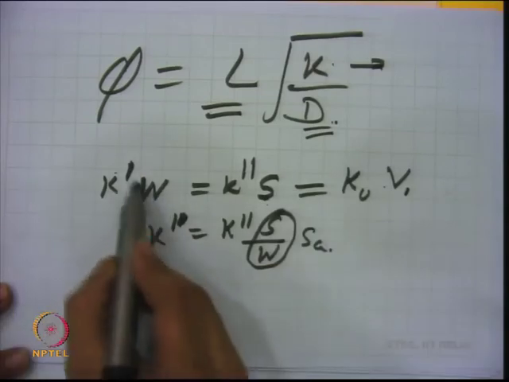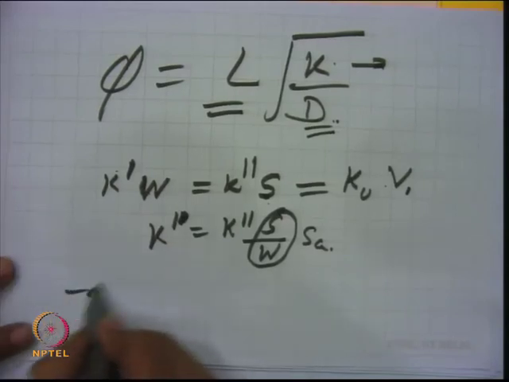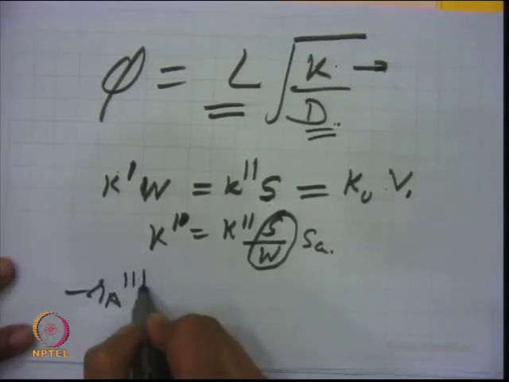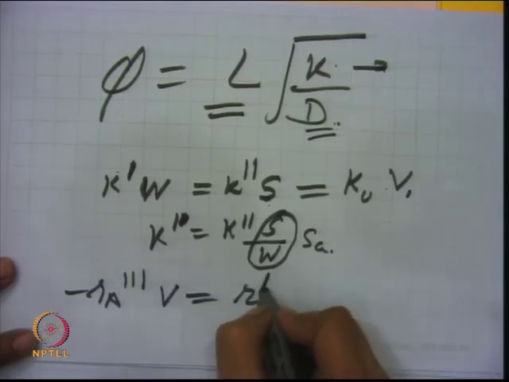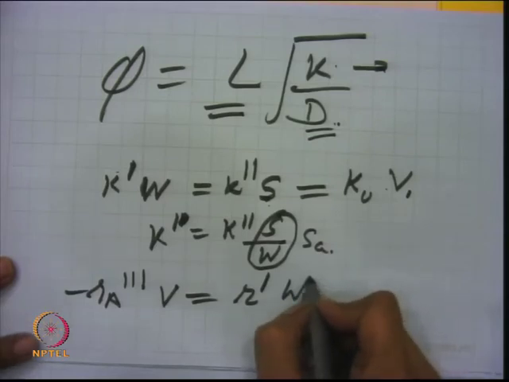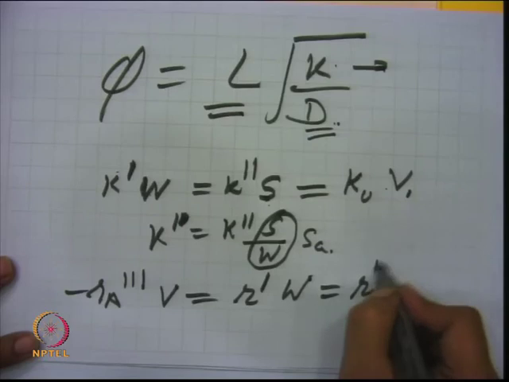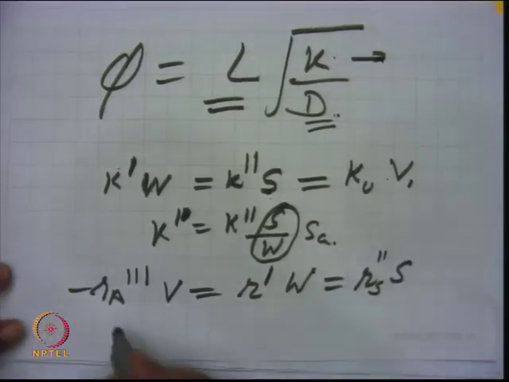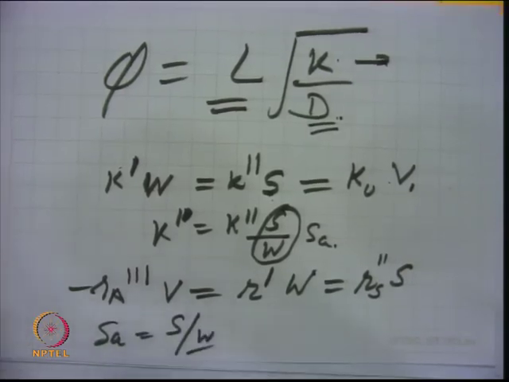So, one can very easily correlate these terms, or one can have a relationship among them, because I told you that R A triple dash, which is rate of reaction per unit volume multiplied by the volume of the catalyst, is equal to rate of reaction per unit mass of catalyst multiplied by the mass of the catalyst, is equal to rate of reaction per unit surface area of the catalyst, or double dash, multiplied by the surface area of the catalyst. But when you report surface area S A, that is S by mass of the catalyst. So, just take care of these units.